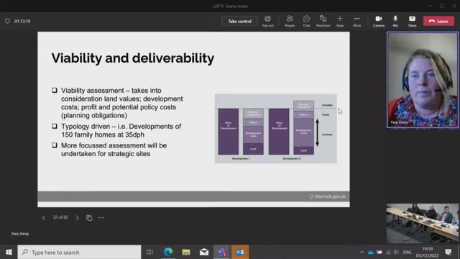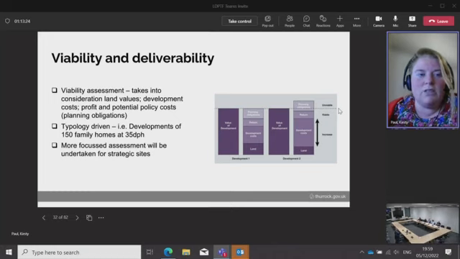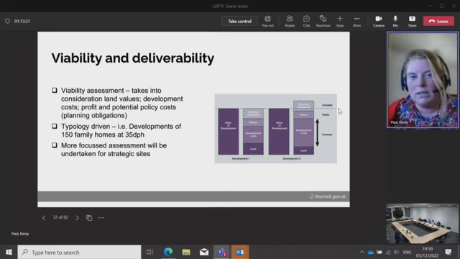Thanks, Kirsty. So from a viability and deliverability perspective, it's just about taking into consideration land values, development costs, and government guidance is quite clear that people should be able to make a profit, because they wouldn't build it if they couldn't. So what we look at from that is how we can make some assumptions around viability. And we are currently consulting with stakeholders from the development industry on a draft viability list of assumptions,